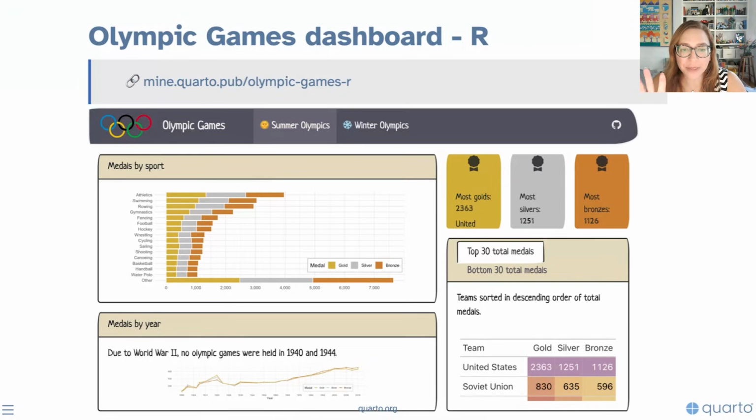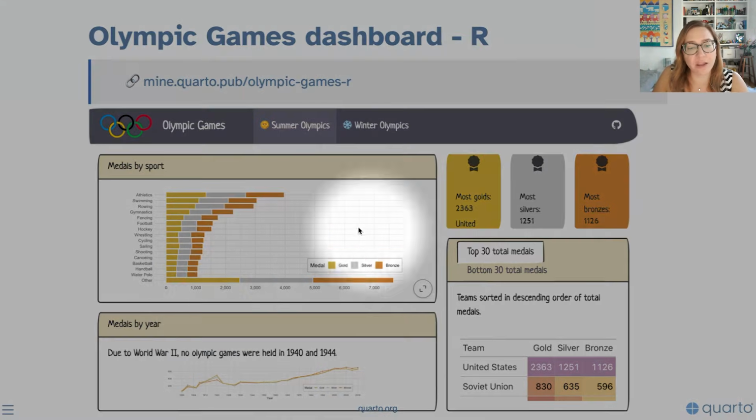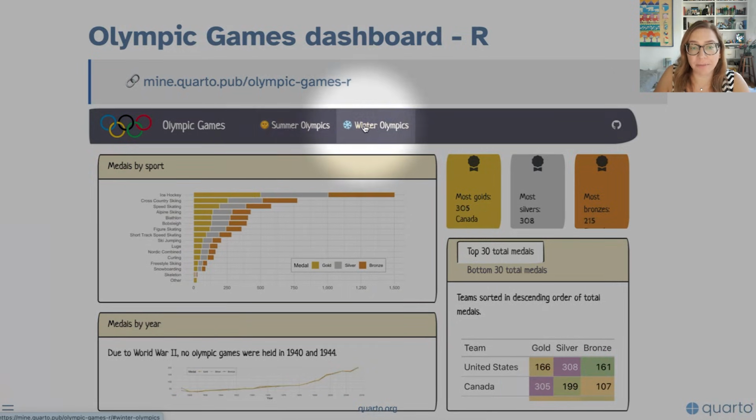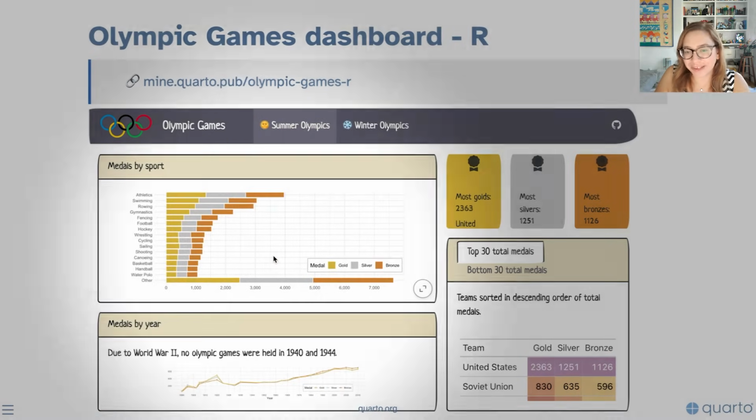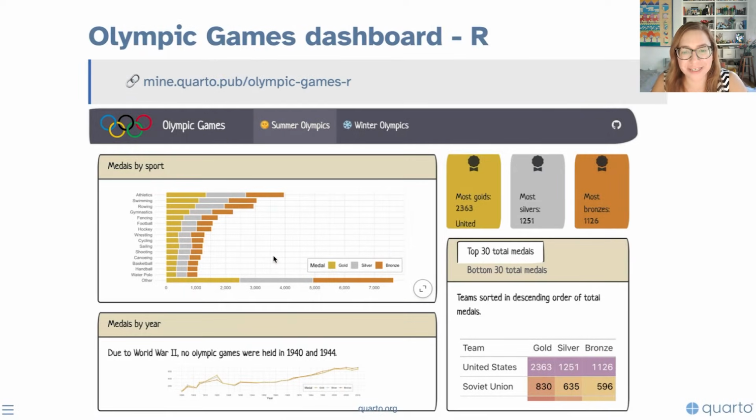And we can see that we have organized our dashboard first in columns, so we're seeing a wider column of plots here, and then a narrower column of table and value boxes here. And we are also seeing 2 pages. We have Summer and Winter Olympics that we can scroll between. We're seeing a logo, and we're seeing a peculiar, perhaps, styling choice here as well.